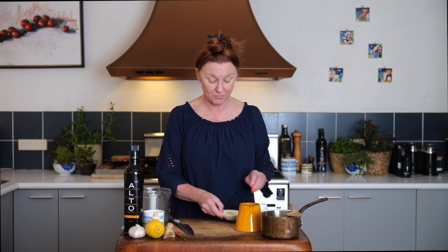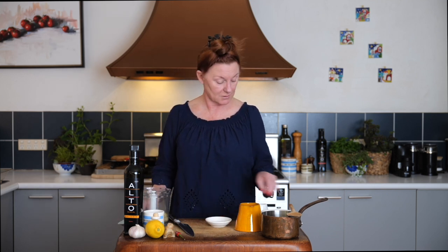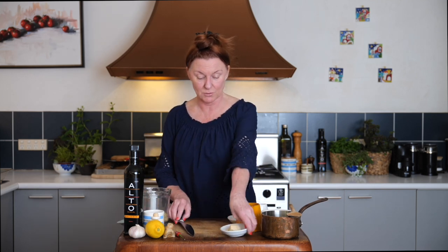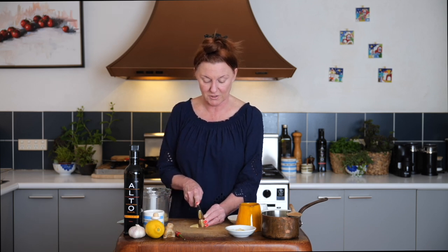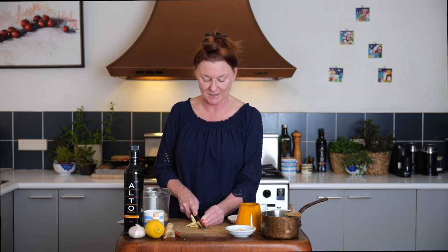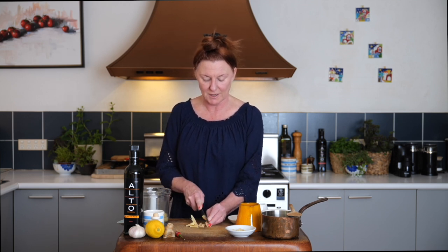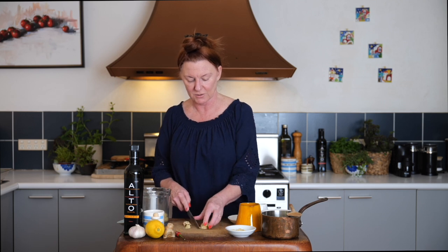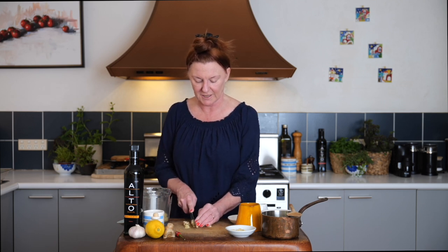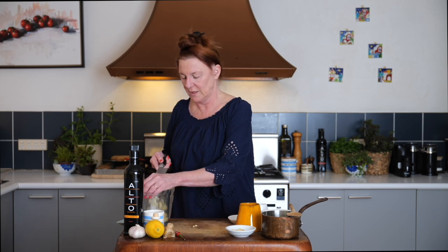So we start off with a little garlic, a little ginger, which we're just going to chop up. Now, the food processor is going to do the work for us, but we want to make it as easy as we can because we want to get this quite fine. So chopping it up finely to start with means the food processor has to do less work, and we're going to get a finer result. So in with our ginger,